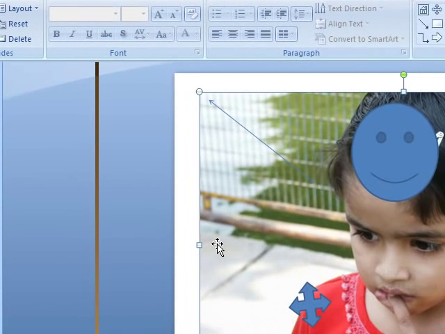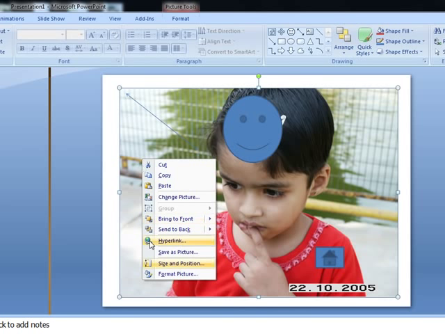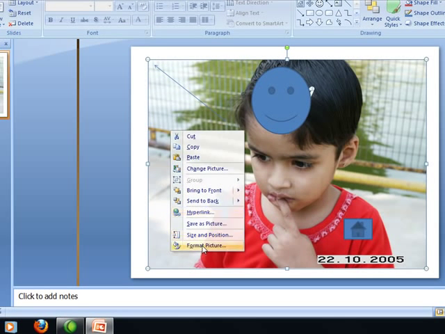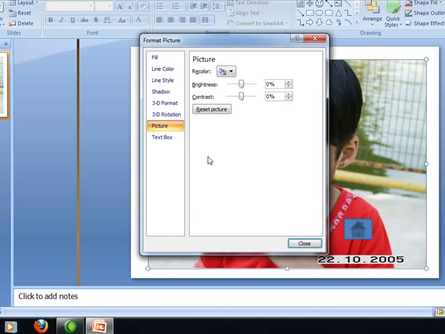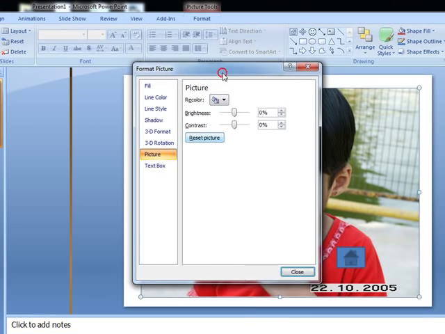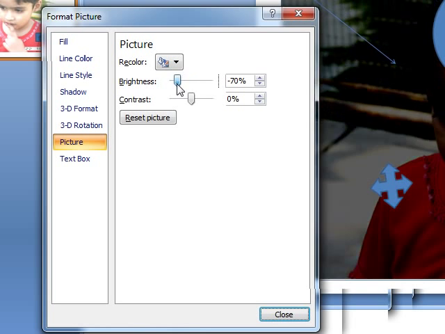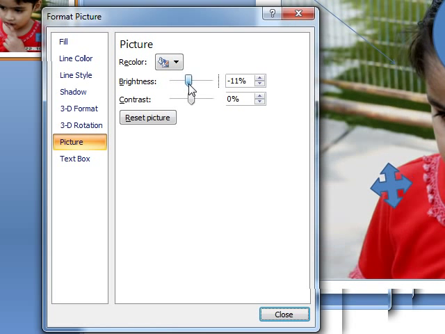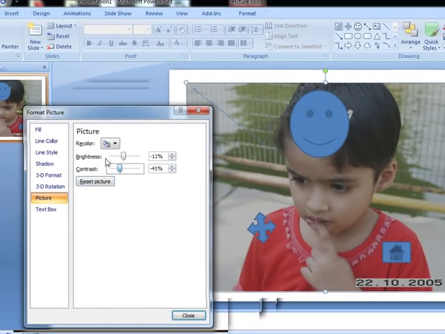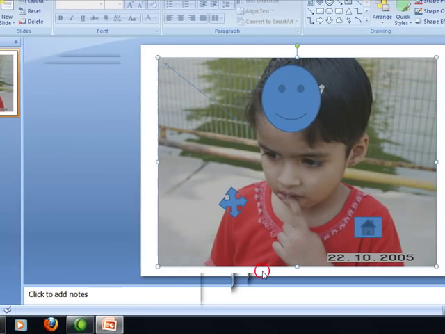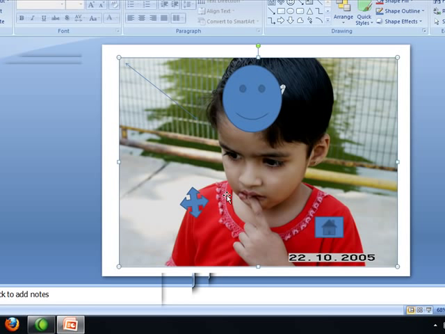And there is a lot more we can do with this picture. We can resize it, and we can play with the colors. For example, we can go to this picture, and then we can increase the brightness or decrease it. We can change the contrast as per our own requirement. Okay,